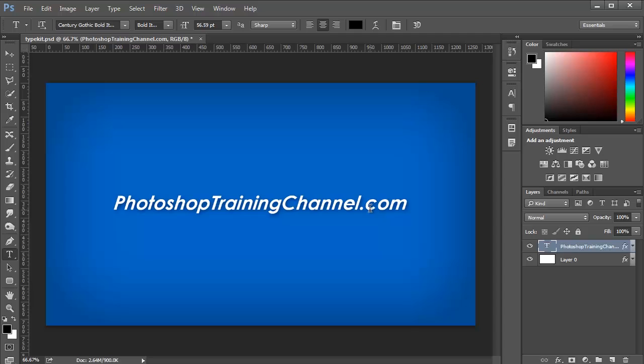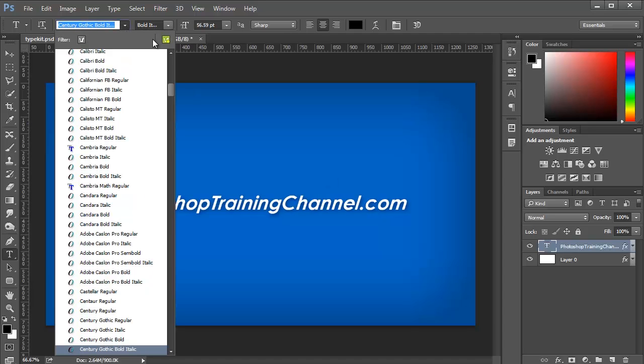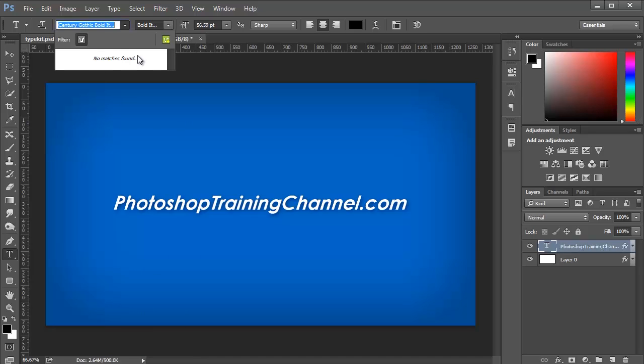Now, my favorite addition in fonts for Photoshop CC 2014 comes with Typekit. By the way, just notice right now that this is a filter button that filters Typekit only fonts. If I click on it, it says no matches found. That's because I don't have any Typekit fonts, but I will add some now so you can see how that works. I'm going to click on this icon here,